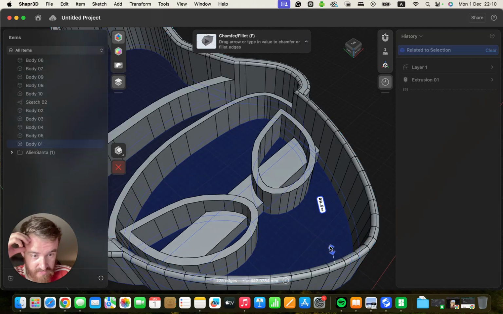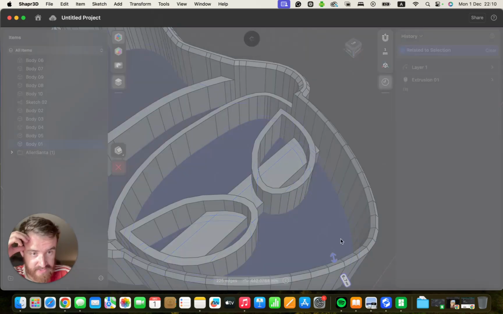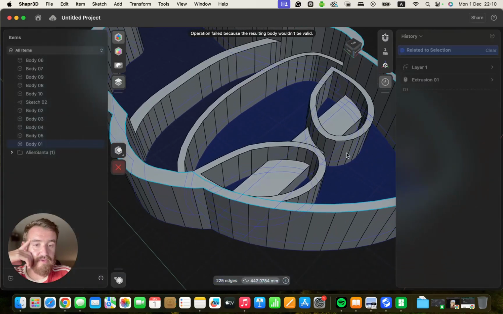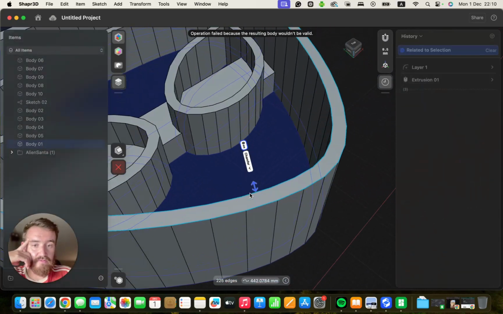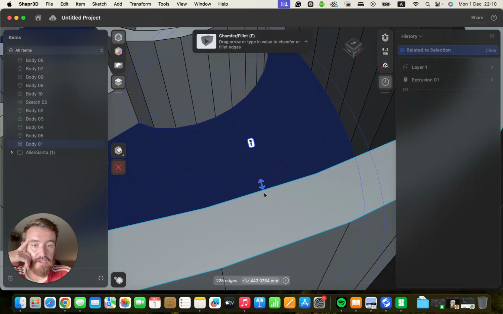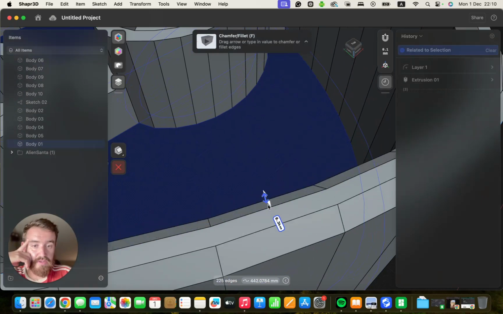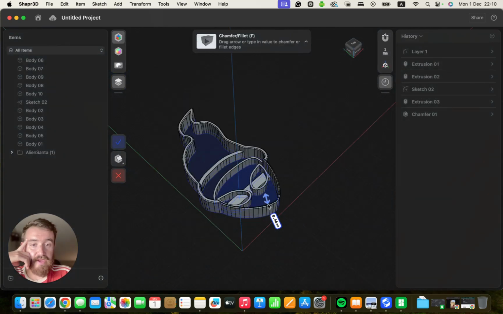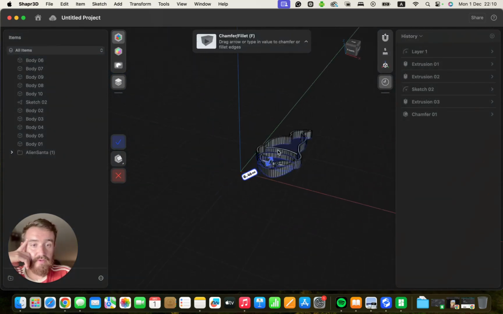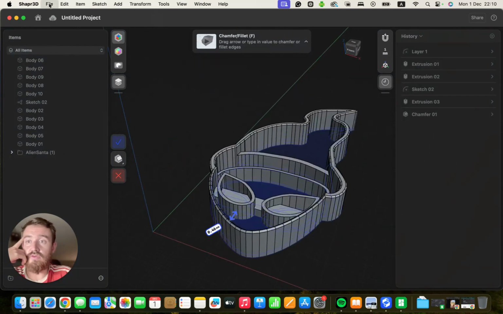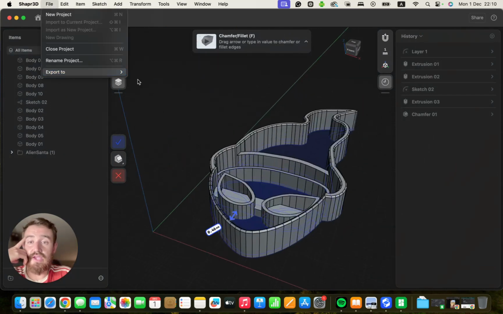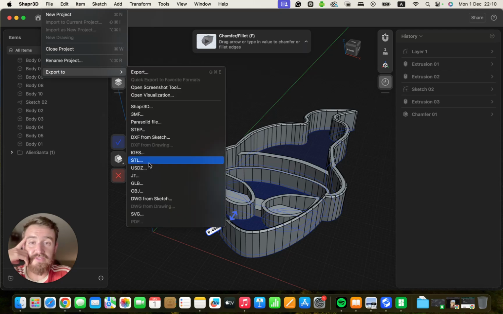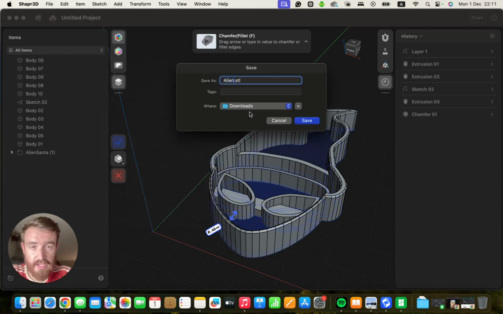If you go out a little bit, let's go inside and then make a fillet. So now it's going to be pointy. It's going to take a while to generate it, so we do that like this. Okay, very good. So now it's pointy, and now we just have to go export. We say export to STL file. You're going to call it Alien Santa 3D print,